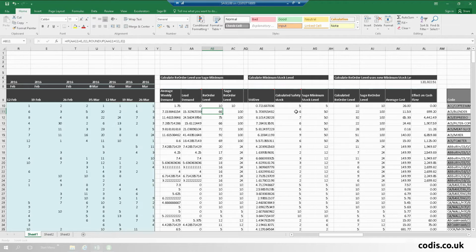But we can also look at the minimum stock level and the safety stock level, and we can use formulas. Again, they're formulas designed in order to calculate these numbers, and we can calculate using the standard deviation, and then we can use that standard deviation to calculate a new minimum stock level. And what I then did was use that minimum stock level and the lead demand to calculate our reorder level. And as you can see there, we have a new reorder level,